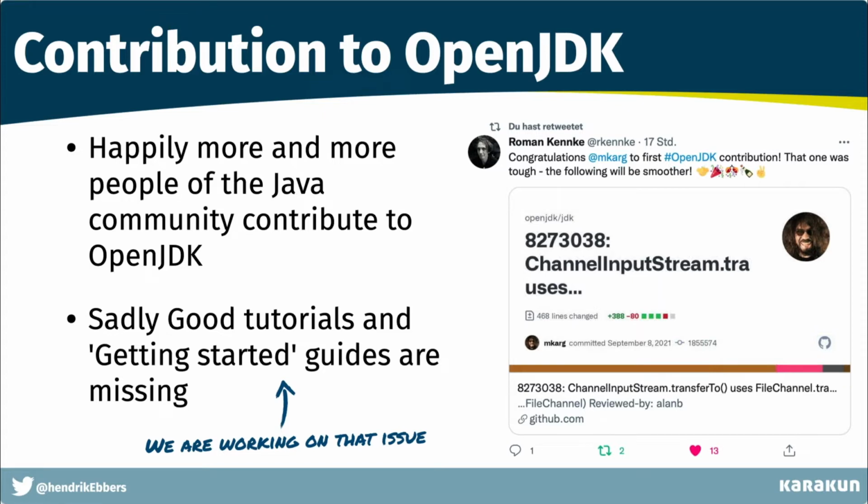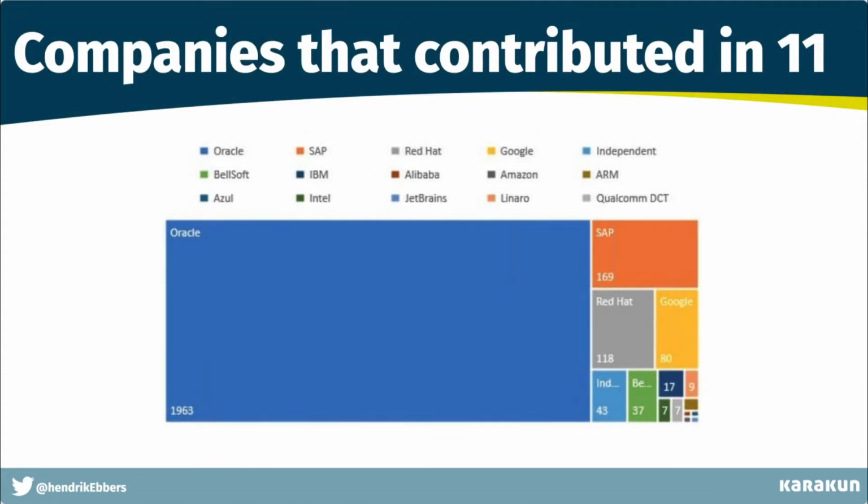And I have just some examples. Here you can see the companies that contributed to the Java 11 release. So all these companies contributed code to Java between the Java 10 and 11 release. And you can see that most of the contributions are still coming from Oracle, which is still by far the main driver behind the OpenJDK. But a lot of other companies started to contribute, like Bellsoft, Azul, IBM, Red Hat, JetBrains,